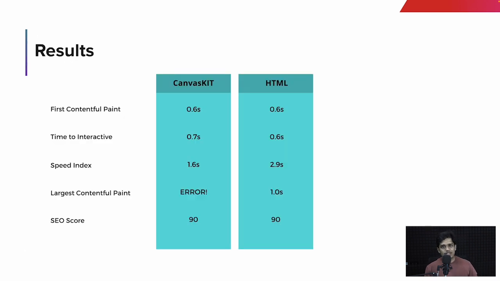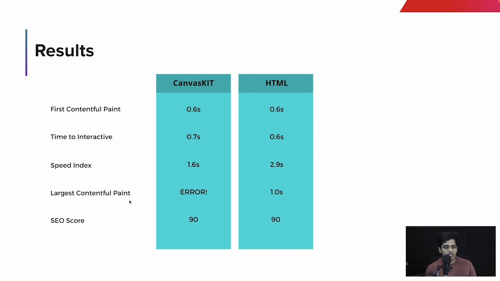So what are the results? What can I conclude by comparing these two web renderings? The first thing is first contentful paint: CanvasKit 0.6 seconds, HTML 0.6 seconds. And time to interactive, which is basically how the user interacts with the website: CanvasKit has given me 0.7 seconds, HTML has given me 0.6 seconds, and the speed index